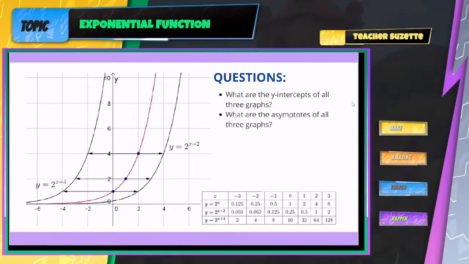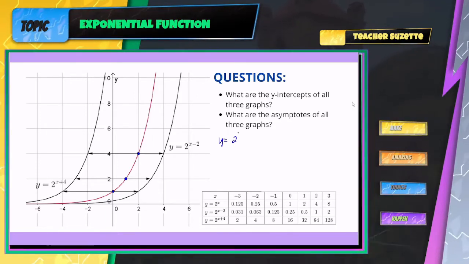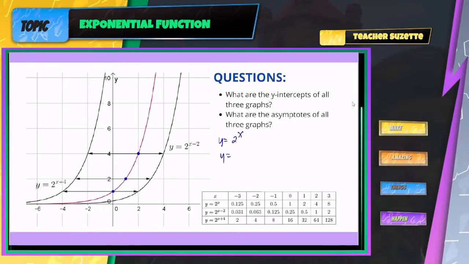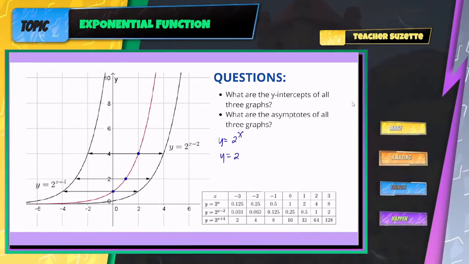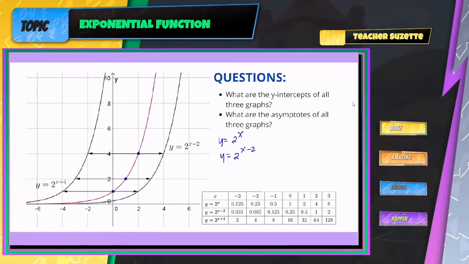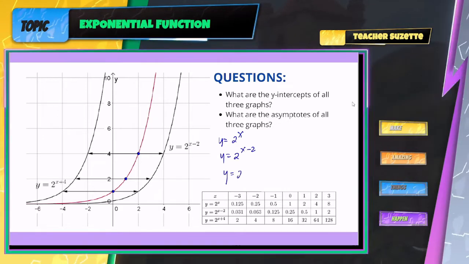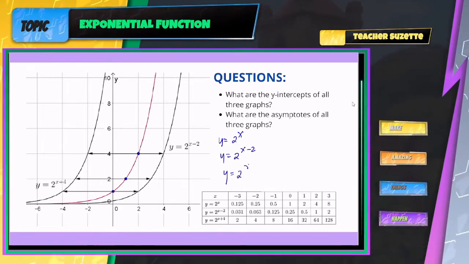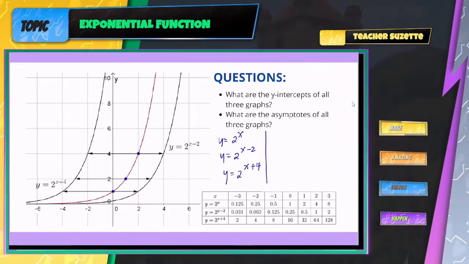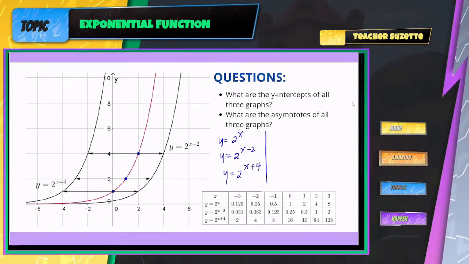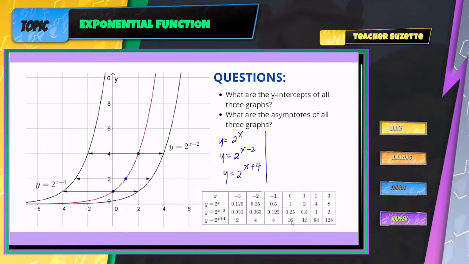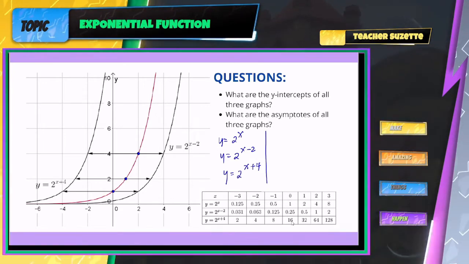So, again, let's identify first yung ating mga y-intercepts, given that we have y is equal to 2 raised to x, y is equal to 2 raised to x minus 2, and y is equal to 2 raised to x plus 4. So, y-intercepts natin for each graph. Obviously, mas madali siyang ma-identify dahil we have our table of values. So, for y-intercept, meron tayong